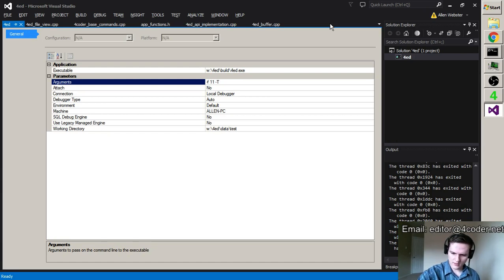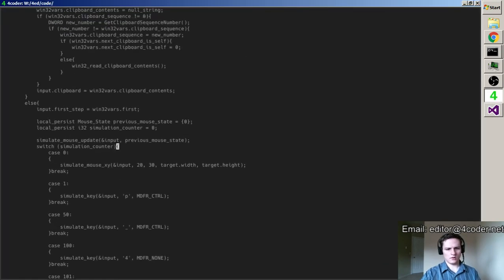The next question is, well, let me see if I want to try to deal with these local persists in a smart way. Actually, there's a couple other things I might want to think about too. What about when I want to put in malformed mouse stuff? I'm going to be updating every time. Should I be able to turn the update off or clear the previous mouse state whenever I do an intentionally bad mouse input?